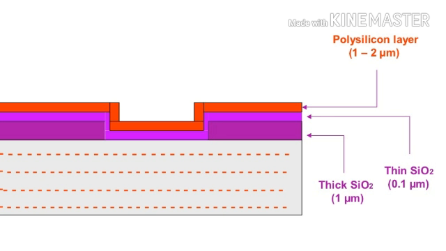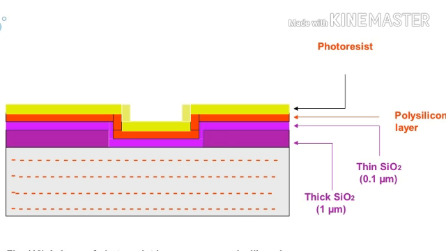In the ninth step, a thin layer of polysilicon is grown over the entire chip area to form the gate. As you see in the diagram, the thin SiO2 is 0.1 micrometer, whereas the polysilicon layer is 1 to 2 micrometer. In the 10th step, a layer of photoresist is again drawn over the polysilicon layer, as you see in the